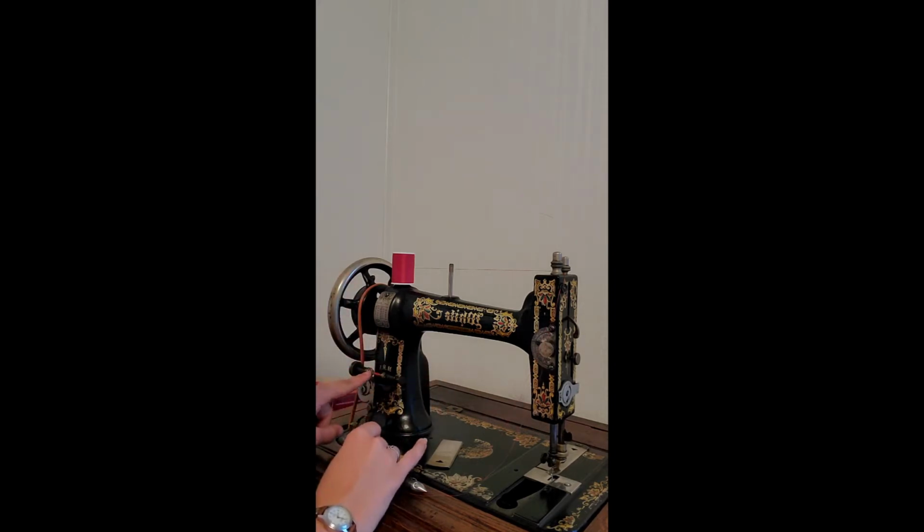There's a little knob or a little opening right here. You knock the thread through. That's the guide to make it go back and forth, so you're not just winding thread in one spot. I already have it engaged. So to engage it,